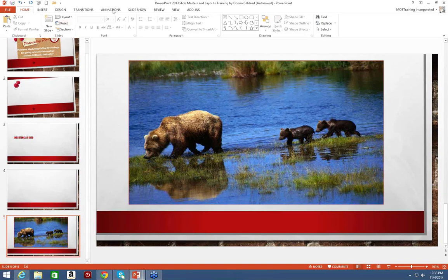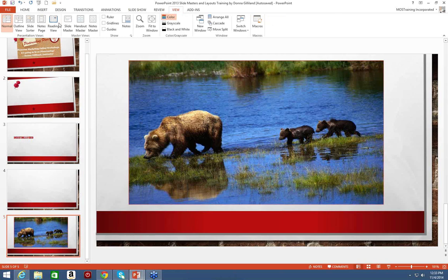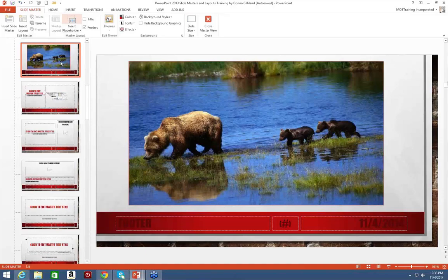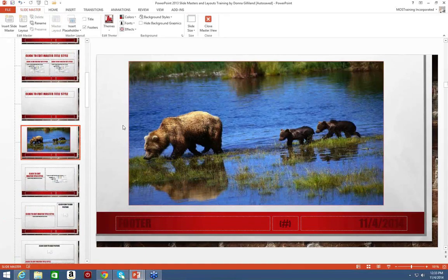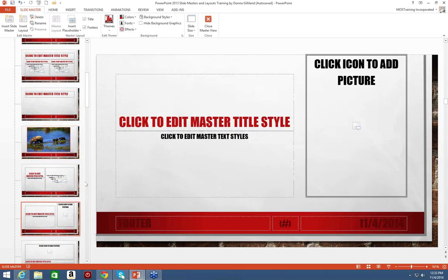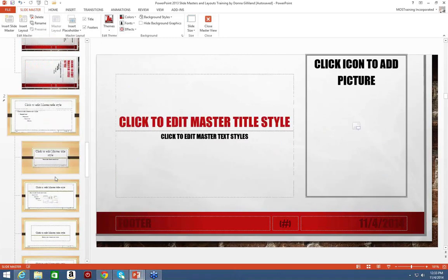So now, if I don't want that there anymore, it is a matter of going back to View and to Slide Master, and there's the Slide Master, and then here I could change the slide master to eliminate that video out of that slide. But again, the goal is making a change in one place and having it impact multiple slides at the same time. And so now let's go about the business of naming a master set,